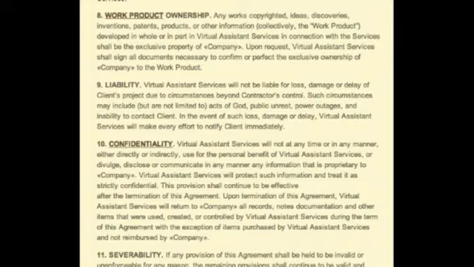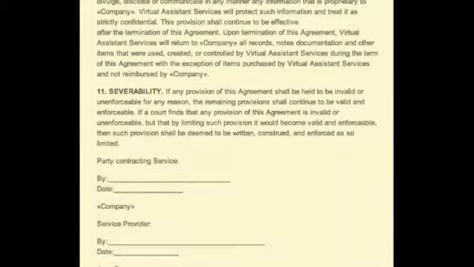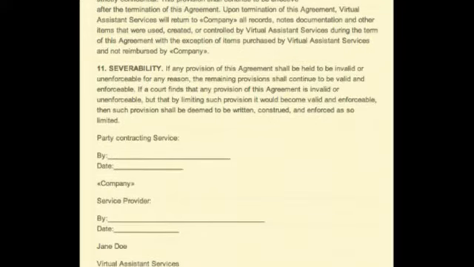Severability is one of those clauses that people put in contracts because it sounds very lawyery, I think. It's actually very important if you're going to put a non-compete in there because that way if the court finds that the non-compete clause, the non-compete paragraph is not valid, then the court may still let you have the rest of the contract.